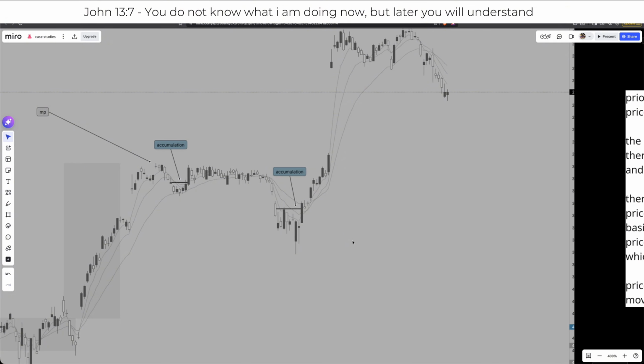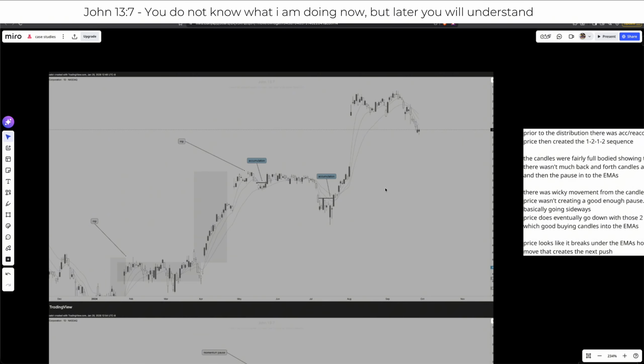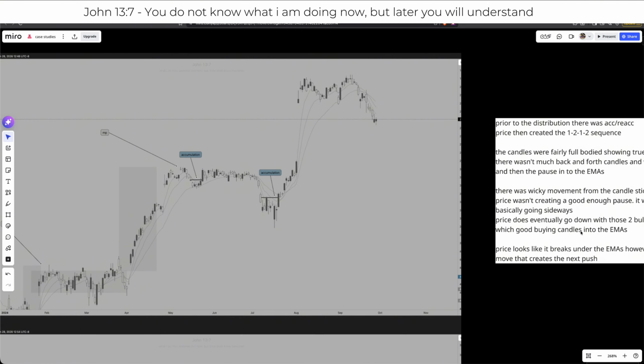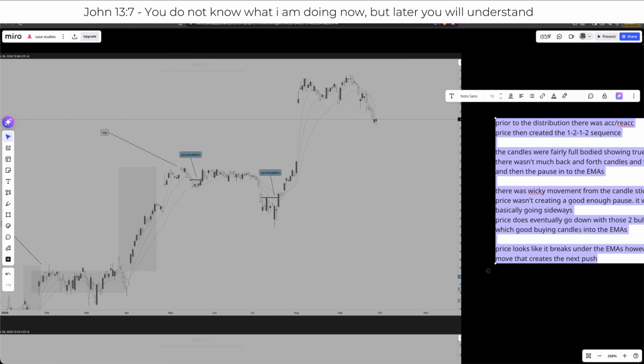So just right off the rip here, the first thing I notice is that the one that actually creates the move is under these EMAs. So you guys can see that here it didn't go under the 20, but here it went under the 20 and then held under it, and then created that accumulation with this candle, with the sign of true momentum with this candle right here, to then continue making that move up. So what I can say here for now,